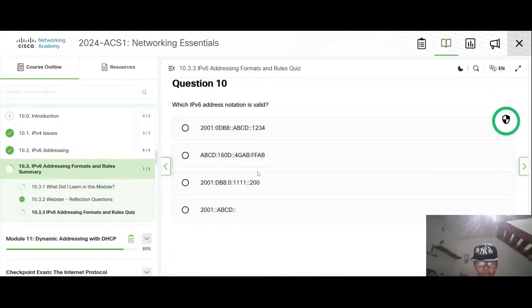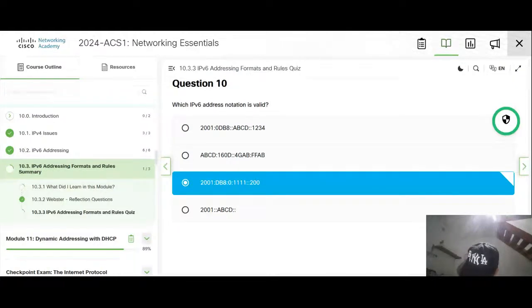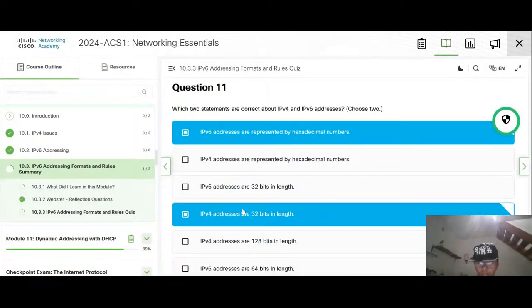Its notation is valid, not this. Mm, this one. This one is no because it has a tree. Yeah, of course, it was not also. This one is correct.